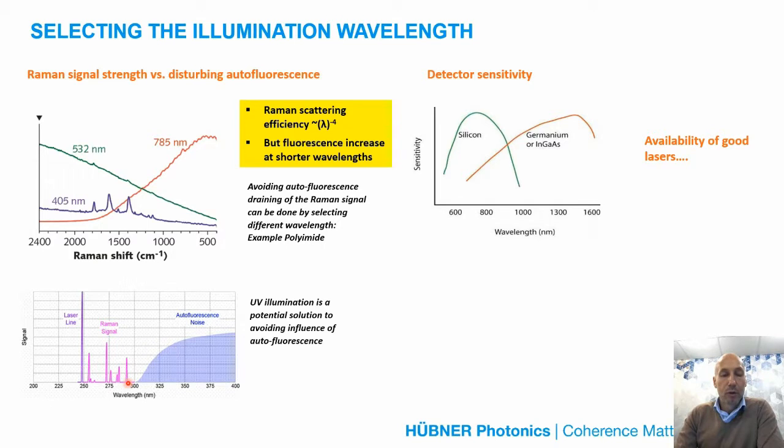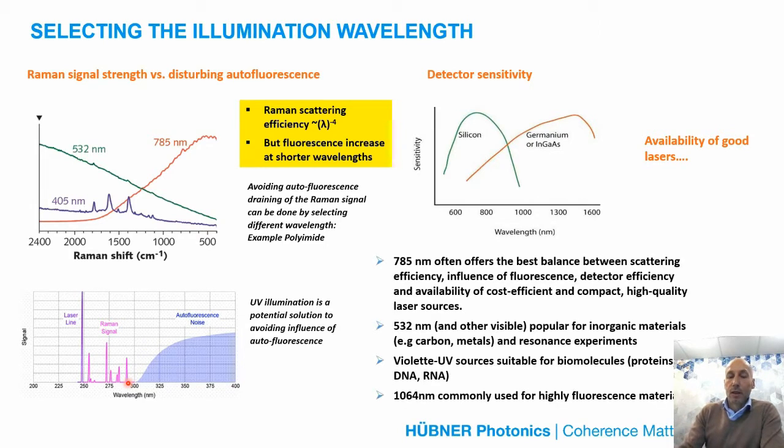However, the challenge with UV illumination for Raman is that the high energy UV photons risk damaging the sample, and you have to use specific UV optics and go to different types of detectors. And then the availability of compact and cost-efficient sources suitable for Raman in this wavelength range is at least not yet so good. So with these aspects taken into account, it turns out that 785 nanometers is often offering the best balance between